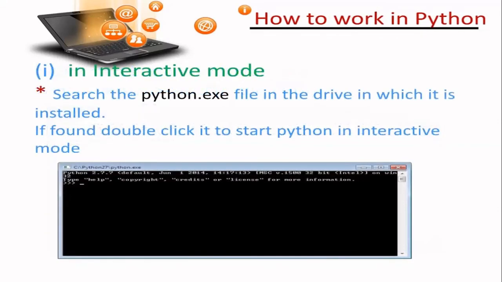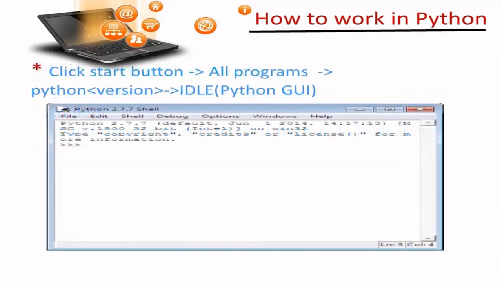This is what you get when you download the Python distribution. What I'm going to download is a little different, and you will download that. When you click the start button, all programs, you're going to open the IDLE, which is the graphical user interface of Python. You're going to work from here. If you look, you will see three prompts here. These prompts indicate you are in interactive mode.